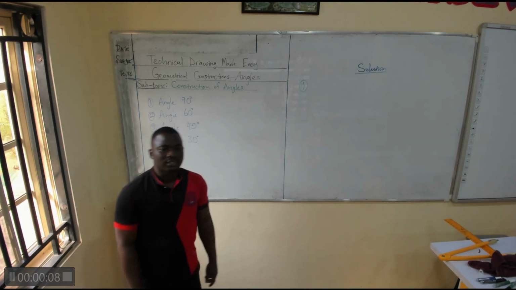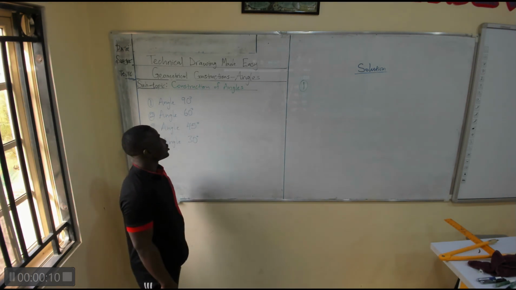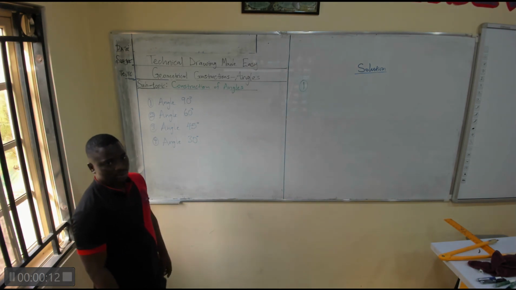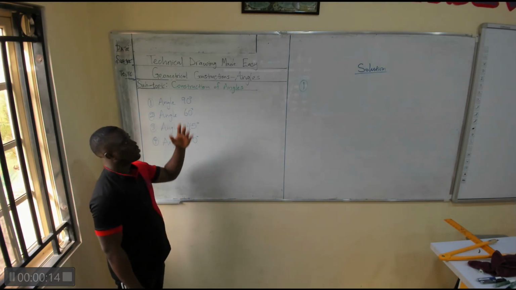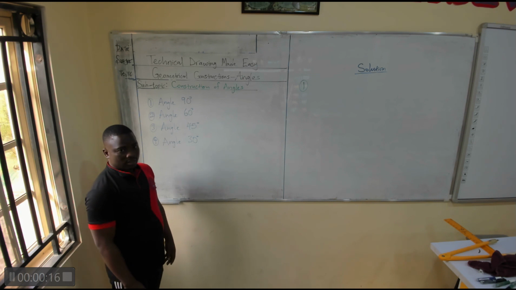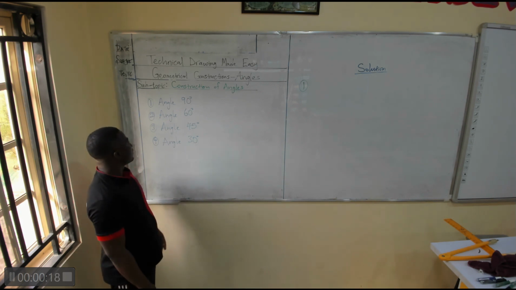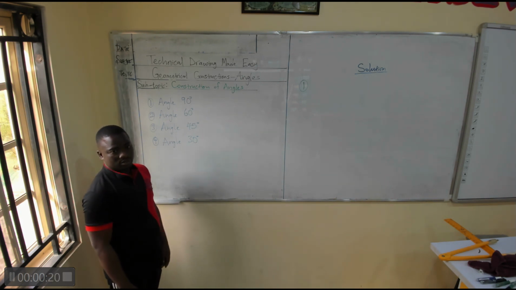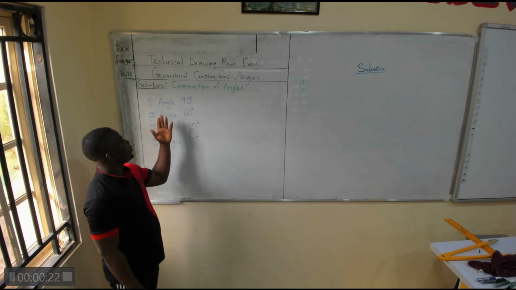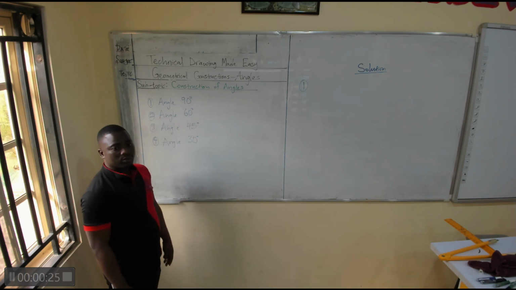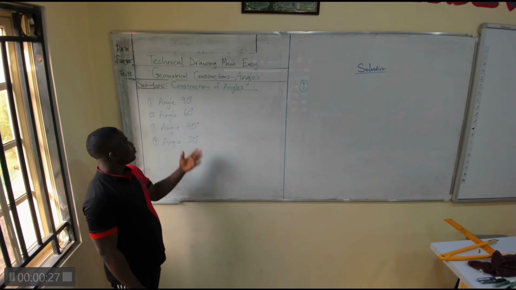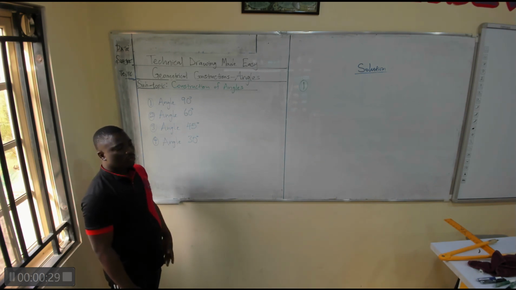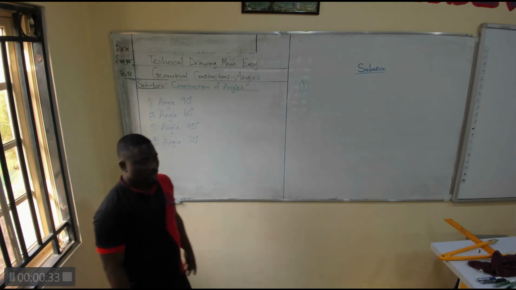Today we are going to be looking at the topic geometrical constructions of angles. So we're looking at the subtopic construction of angles. We are going to be constructing 4 special angles. So I'll be showing you how you can construct these angles one by one. If you are able to construct these angles, you'll be able to construct other types of angle using the construction